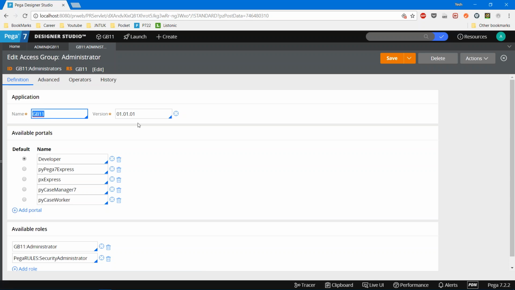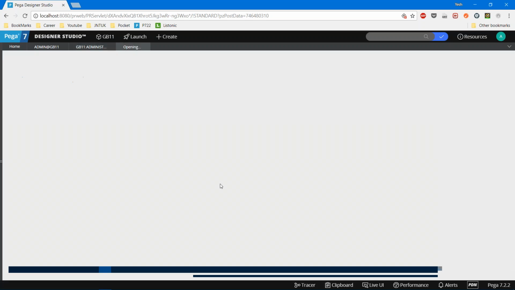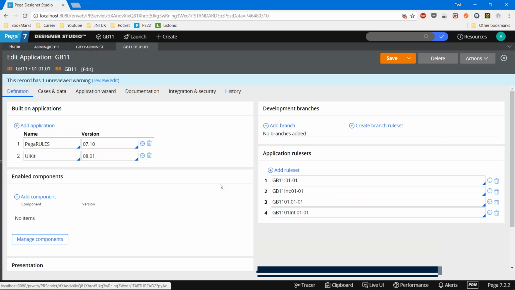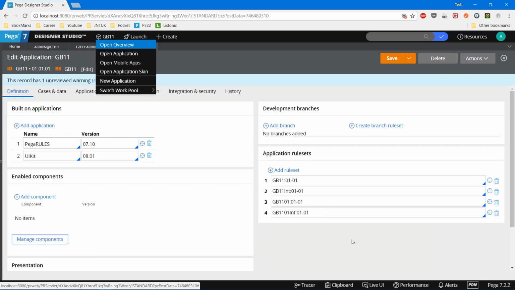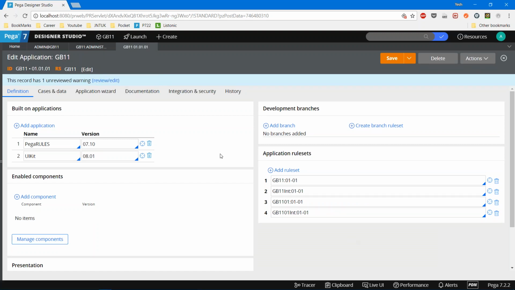If you open this particular application, the same application rule you have seen by using this cube option should be shown. For example, GB11010101, and these are the rule sets. This is how an operator ID is connected to an application.